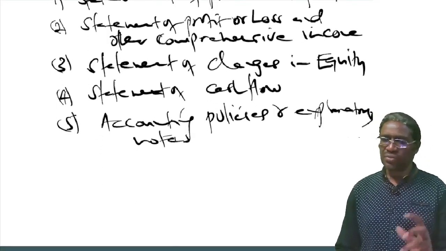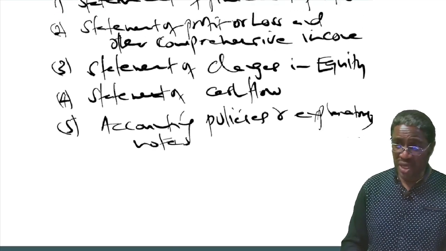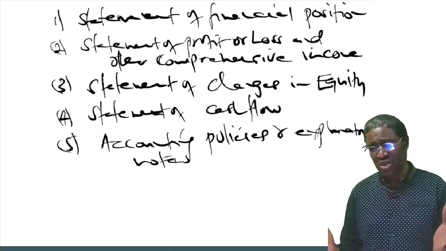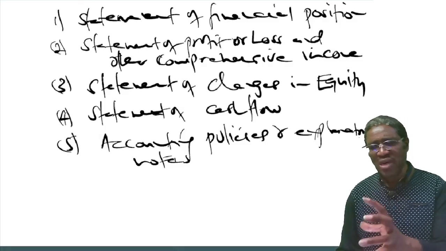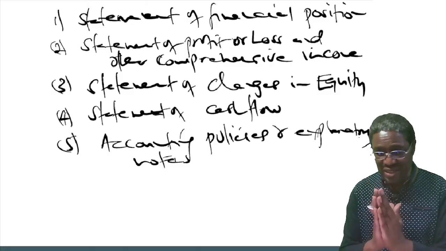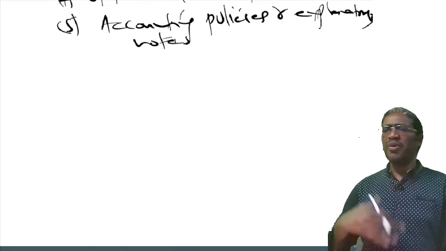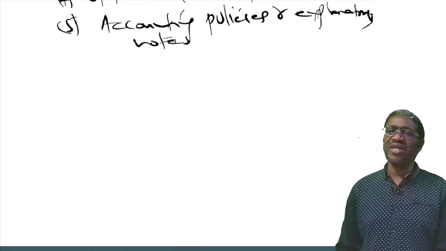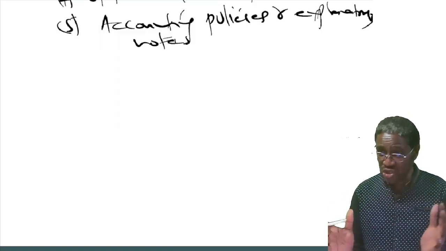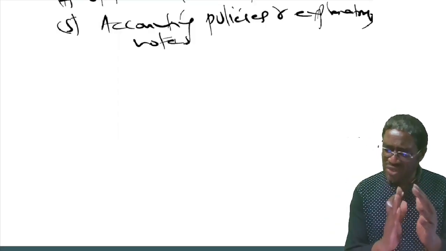Okay, now we want to start with how to prepare. Listen to this now. How do you prepare the income statement? I'm starting with number 2. How do you prepare the income statement or statement of profit or loss for publication purposes? The way you are preparing an income statement for financial reporting, in your financial accounting or foundation level, or what you used to call section 1, the way you used to prepare the income statement